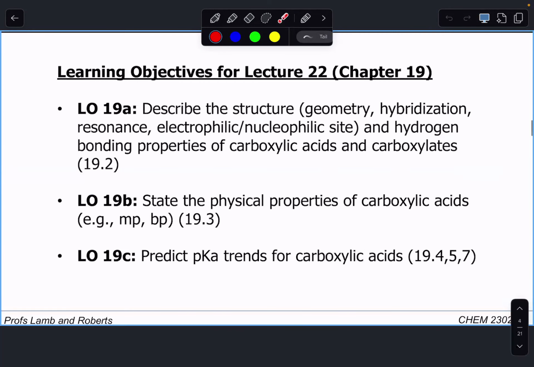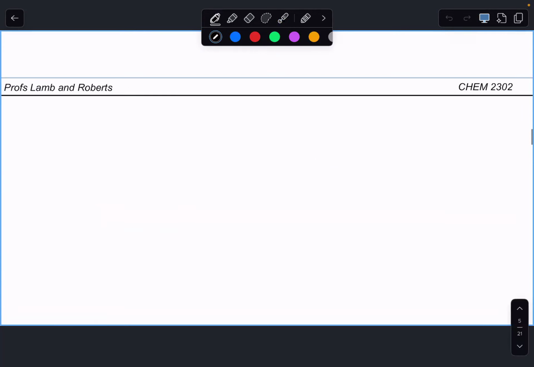Okay, so we're just gonna introduce carboxylic acids. So describe their structure and bonding, and then their physical properties. So understanding melting point, boiling point things, and then predicting pKa trends. All right, so let's get started with our first